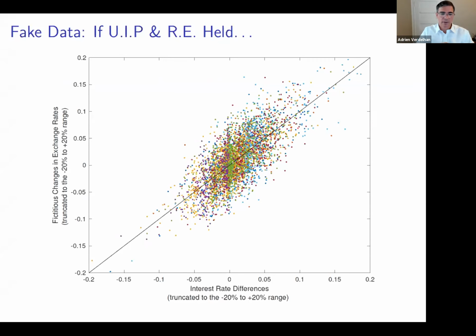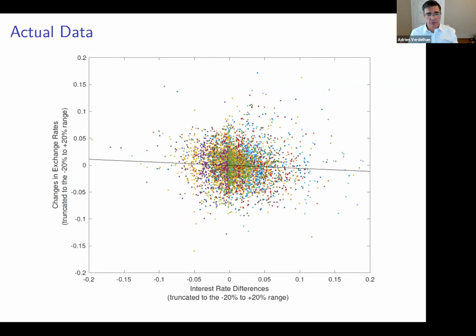Okay, so it will not be on the 45-degree line because there's a difference between what people expect and what's realized, but there will be a clear link. Now, these are really fake data, completely fake. So let me show you the truth. This is the truth. Here, every color is a country, every point is a month, and there's very little, right? So this idea that we can explain exchange rates just looking at the interest rate difference, I think there is no point. I'm not sure we needed 300 publications on that, but for sure we can stop. This is not the way to go.